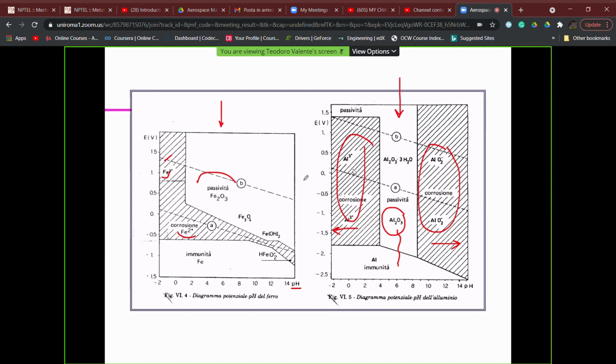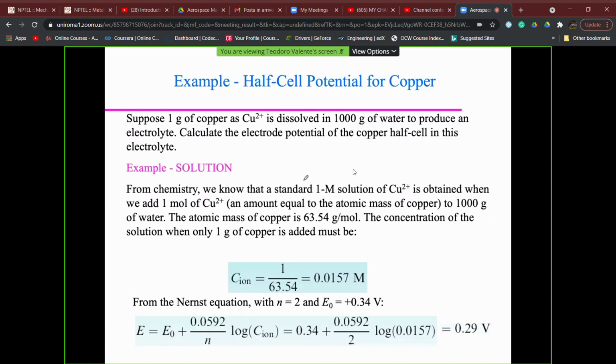Now, in order to have, or to recall, let me say, some familiarity with what we have said up to now, let's make some simple examples of a calculation, because obviously what we have said gives us mathematical tools which allow us to make some calculations. I have prepared some examples for you.